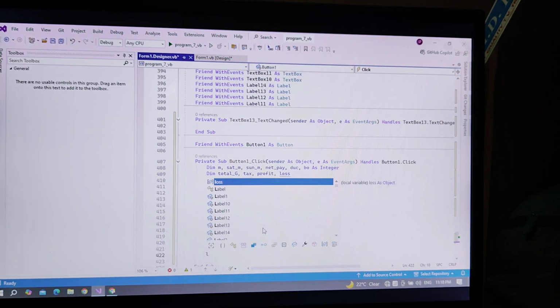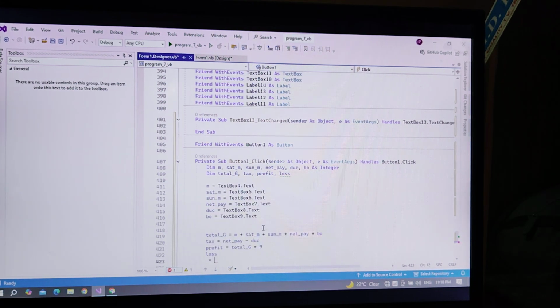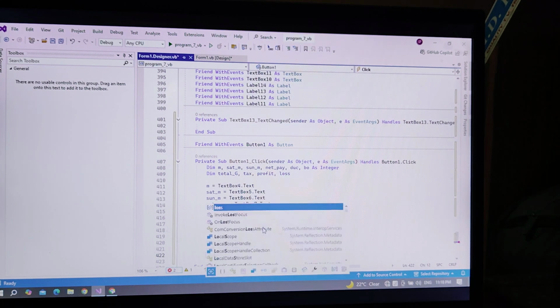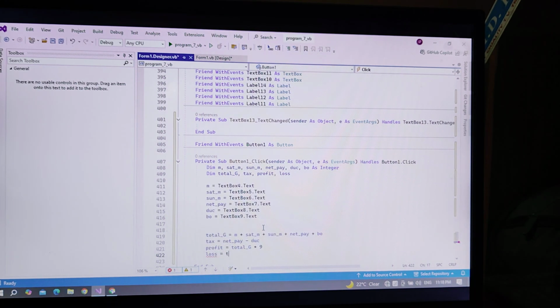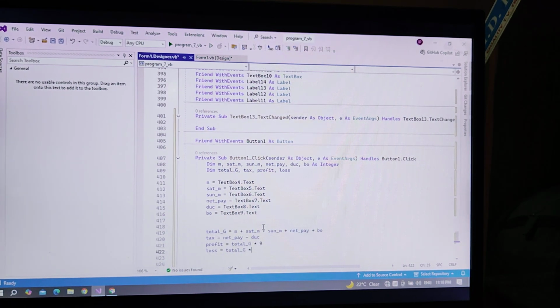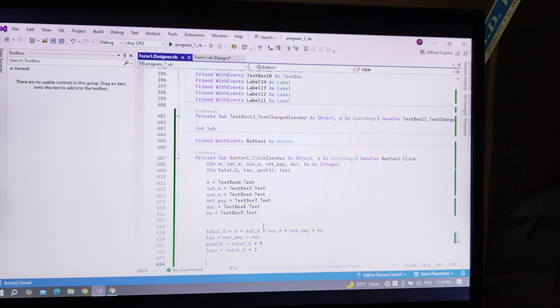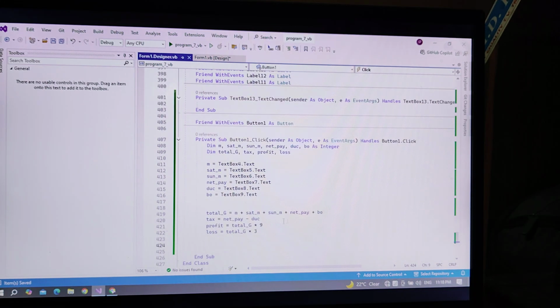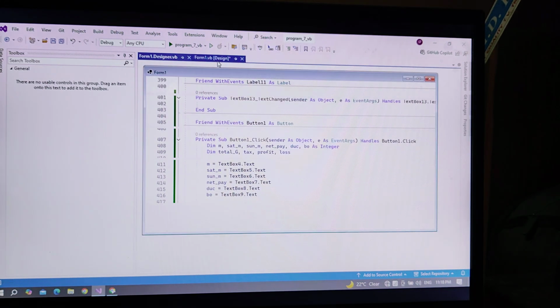Loss is equal to total G into 3 for the loss purpose. So now we have written it easily. Now we have done the part of